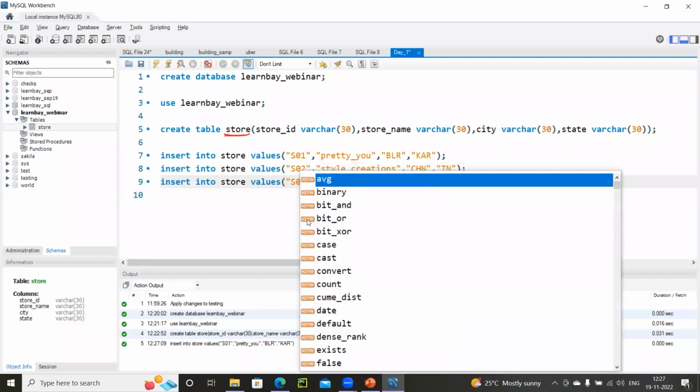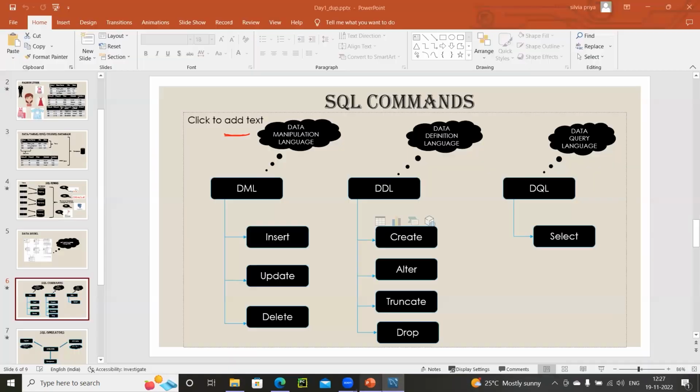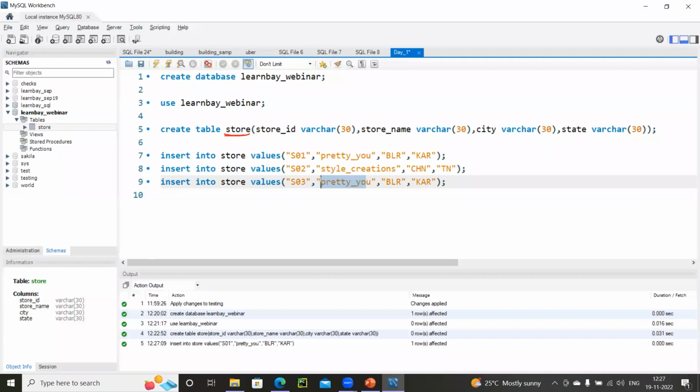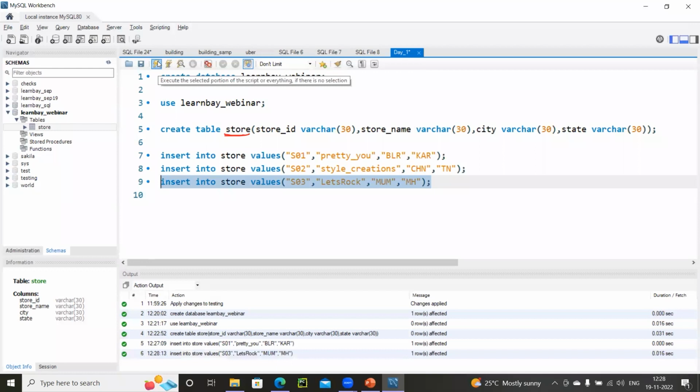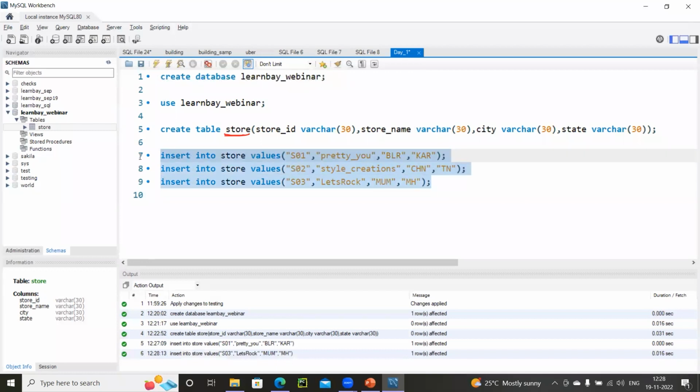What was the name for this? Okay. Something like Let's Rock, and in Mumbai and in MH. Now I have inserted the third row also.